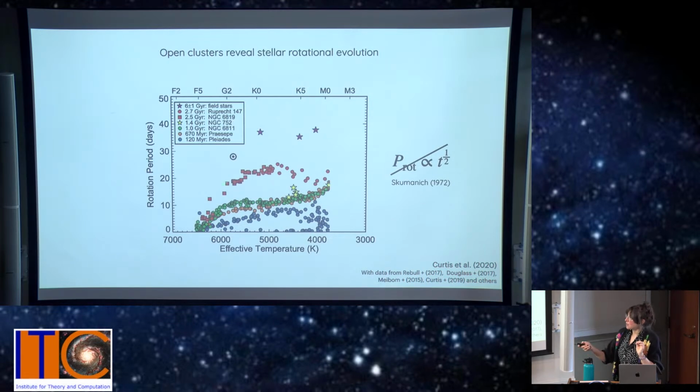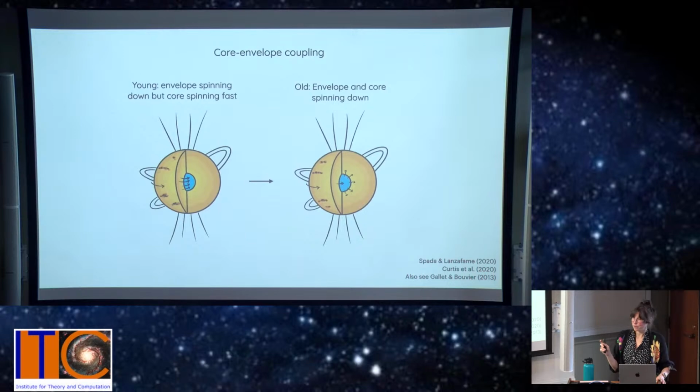And by the time you get to 2.5 billion years, stars seem to have resumed spinning down again, albeit with a kind of kink in the shape of the rotation period distribution, a sort of memory of this stalling. And now, why might this be happening? Well, the answer comes from Spada and Lanzafame 2020, who model this phenomenon using core-envelope coupling to explain why